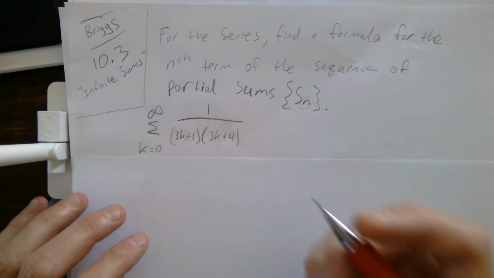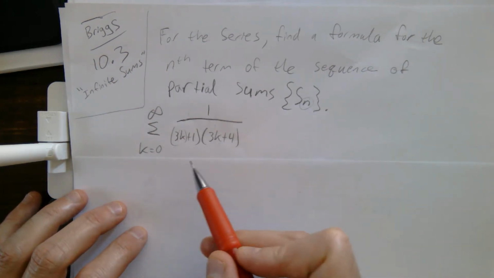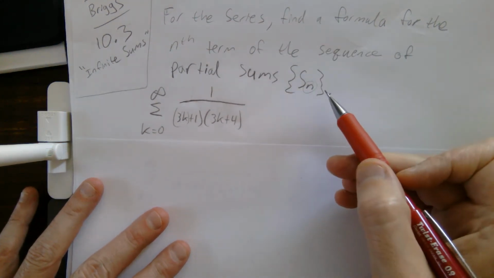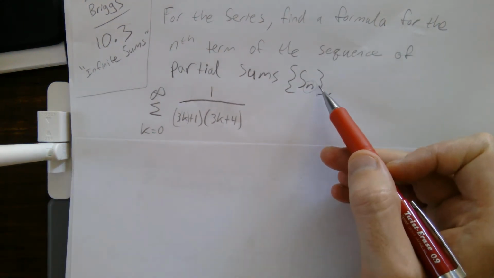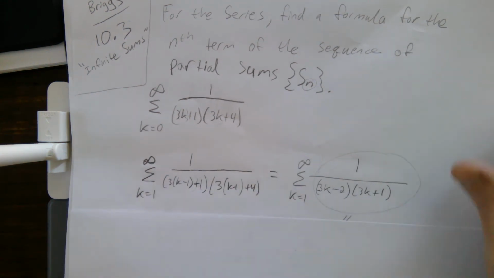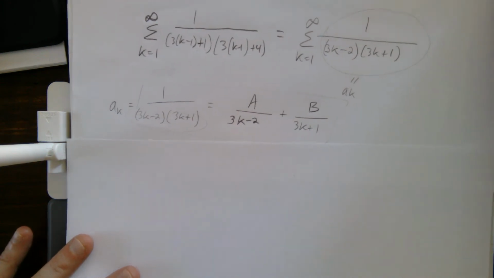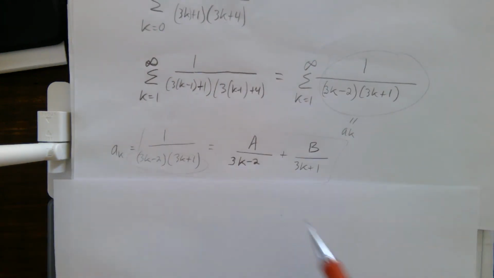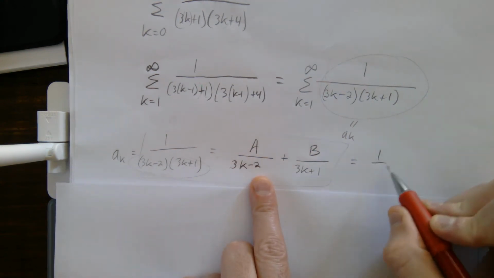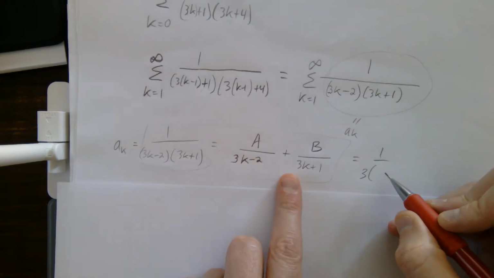Okay, so we have an infinite series. We said let's write this out as a partial sum of n terms, so we had to start it at the proper index. We did that. We wrote out a whole bunch of terms, and once we broke it up using partial fractions, we found in two different ways that if a is 1/3